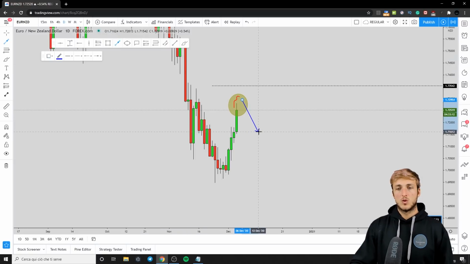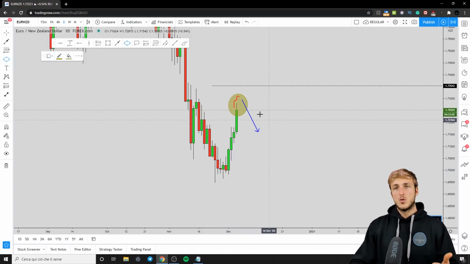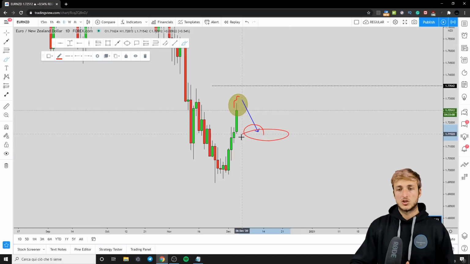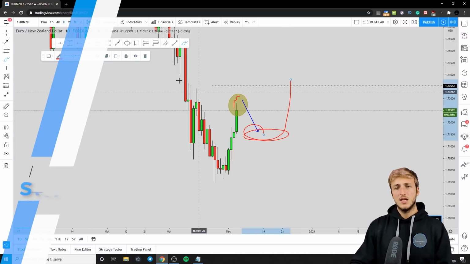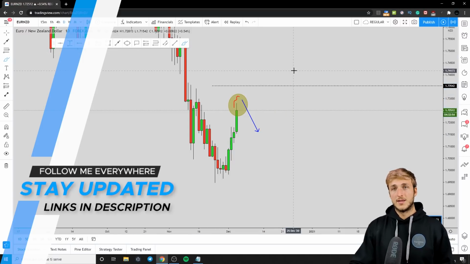And as soon as the market provides us one of our valid entries, first, we will be taking a nice short. And then again, once the market reaches the 0.32 of the Fibonacci taken on the impulse, we will again be monitoring for a potential longing opportunity. But I will be speaking about that later on, after the market has already provided us the first